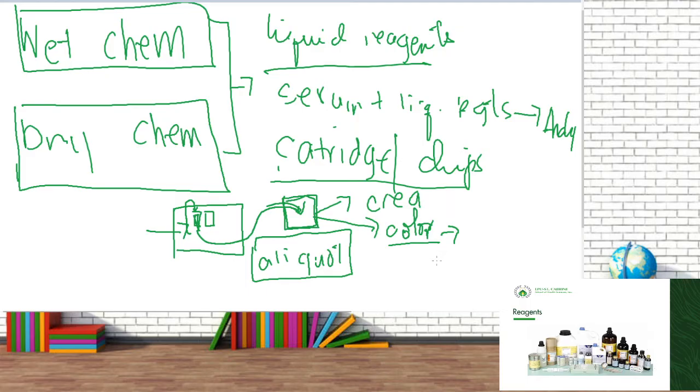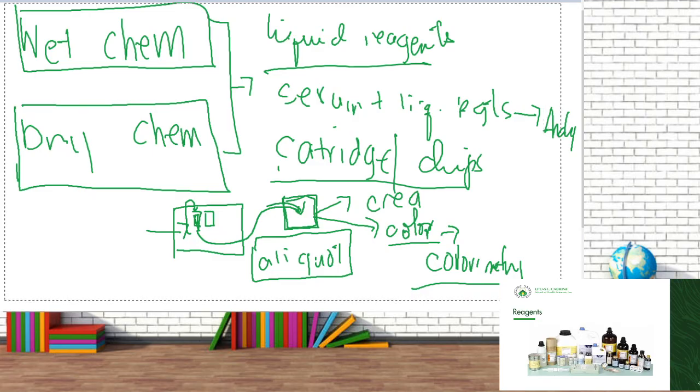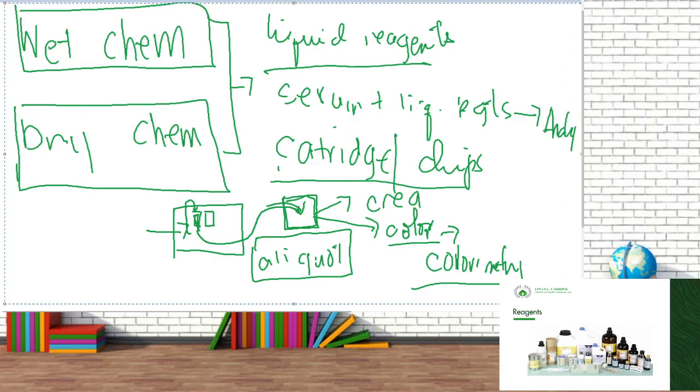This is what we call colorimetry. Colorimetric principle. Okay? Don't be too overwhelmed. Don't worry, because we are going to discuss that as we go along to analytical procedures. Okay? So yan lang. I'm just giving you an overview of the reagents used in a clinical chemistry